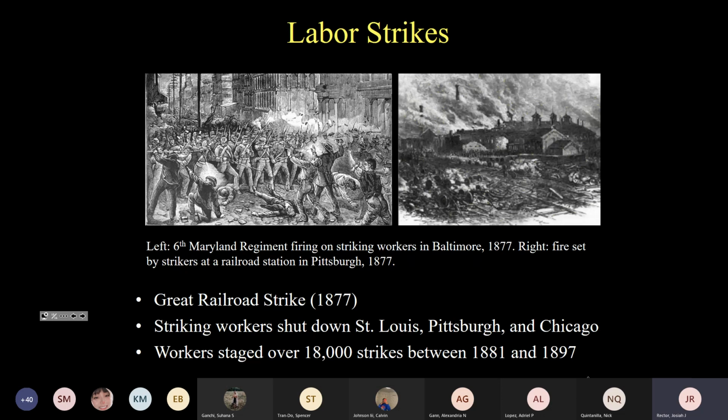Now, this also provoked intervention. As we saw in the case of Pittsburgh, this was more than local police departments could handle. And in many cases, governors sent in state militia. And indeed, the US military was repeatedly deployed to crush strikes. In fact, between 1877 and 1900, US presidents ordered the US Army to crush no fewer than 11 strikes. And the National Guard broke up between 118 and 160 labor disputes.